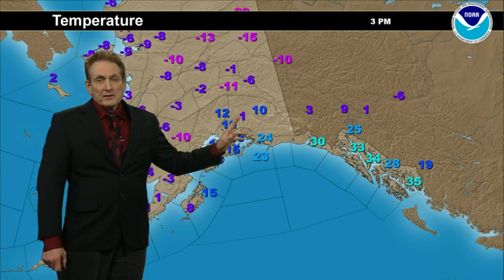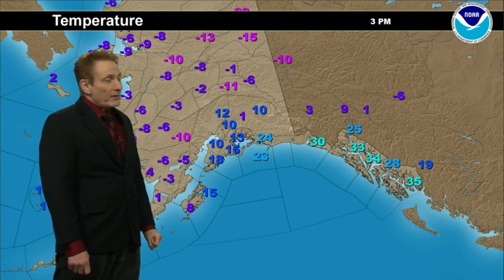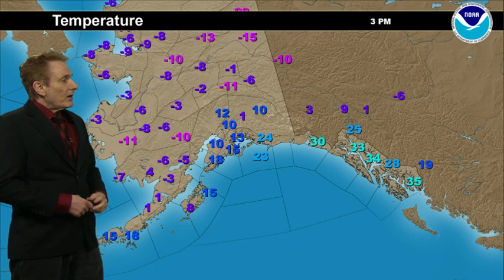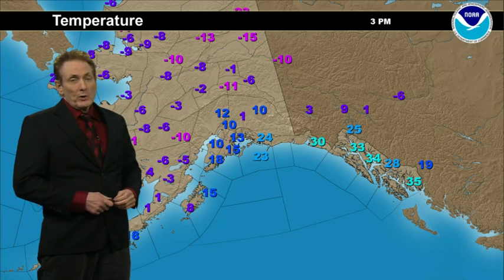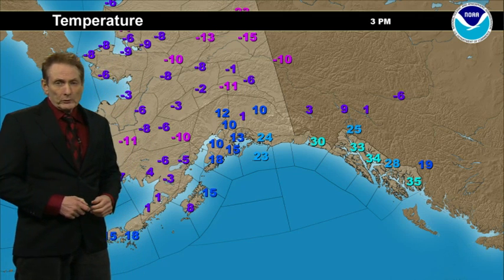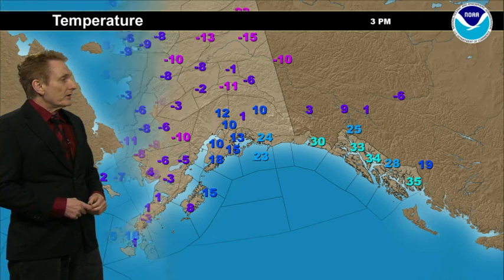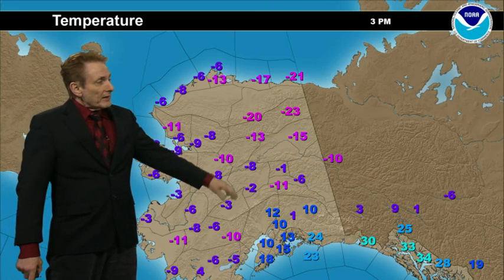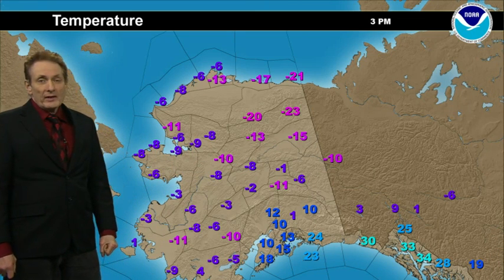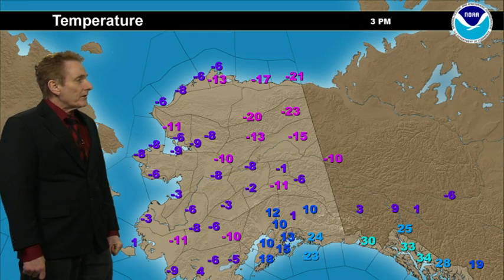12 at Talkeetna, 10 above over at Gulkana, but north and west of the Alaska Range below zero, with Sparavon at -10, Fairbanks 1 below, Northway at -6. Eagle had -10, even colder up in the Yukon Flats with Fort Yukon at 15 below. Bettles -13, Anatuvik 20 below, and a shade cooler than that over at Arctic Village with -23, about the same